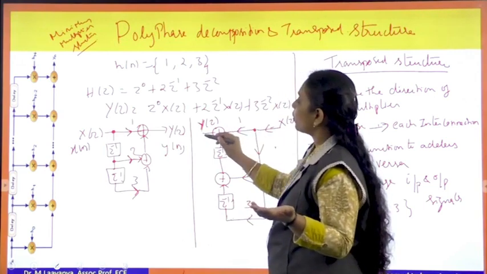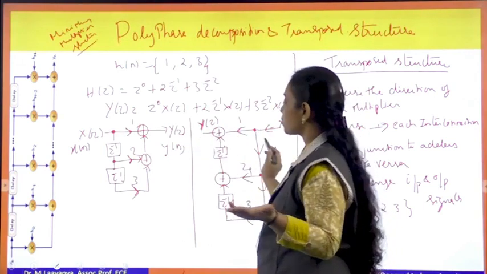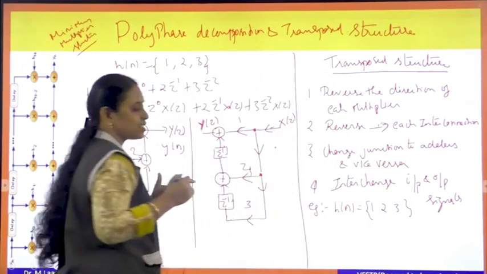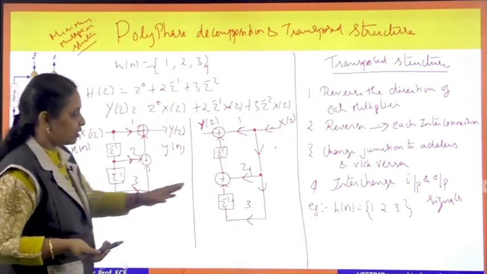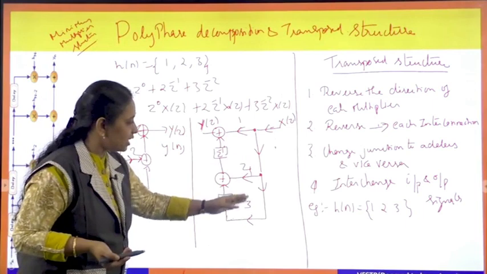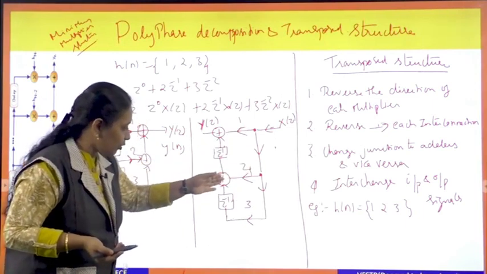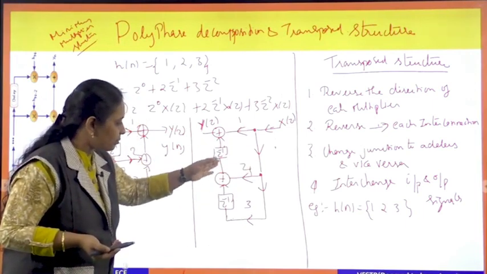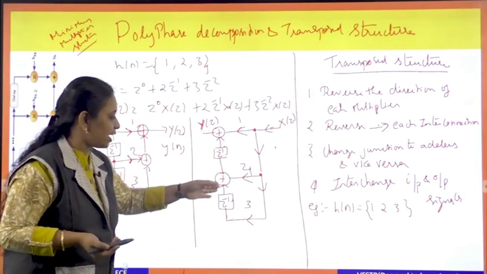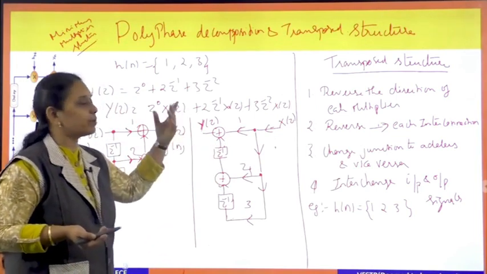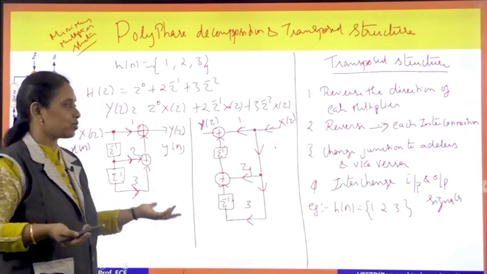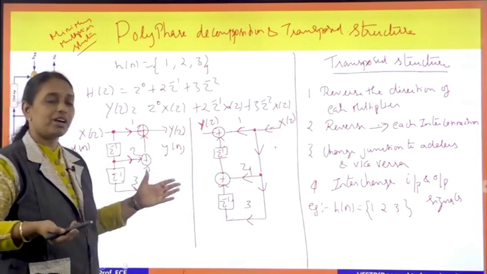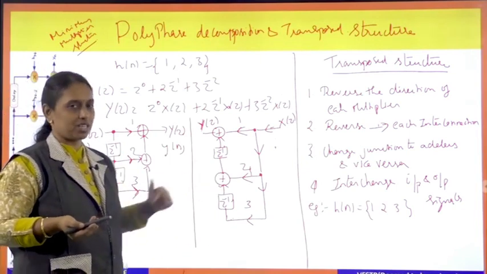So overall, even though I am transforming it, I will have the same equation only. The values are 2, 1 and 3, and it is moving and going over here, and from there it is delayed. Here one delay is coming, that delay again is delayed, means I will get z power minus 2. So this is the way how you have to draw the transposed structure.